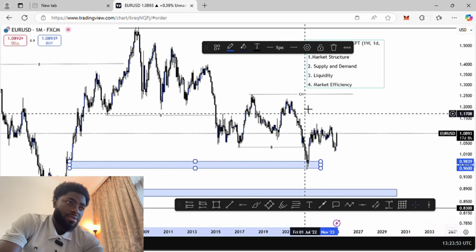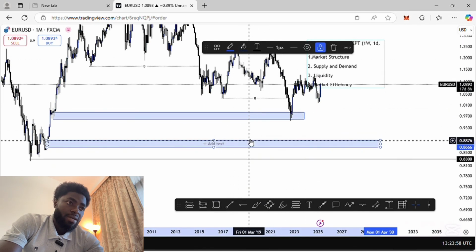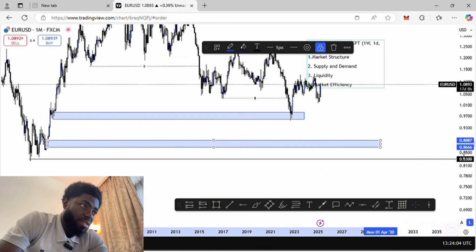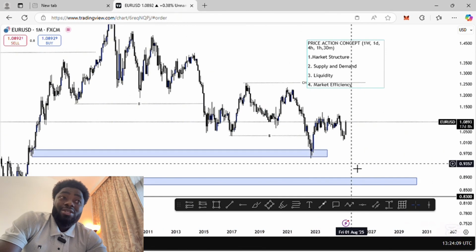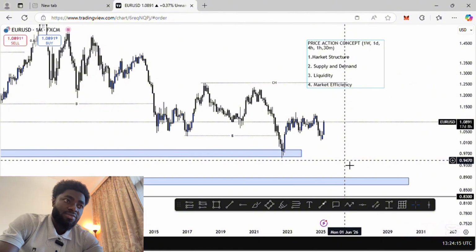If price is able to come in here, I would be expecting a massive buy at this zone between 0.887 and 0.866. That this is actually going to take time. So I'm not talking in terms of now, I'm talking in terms of future. Okay,